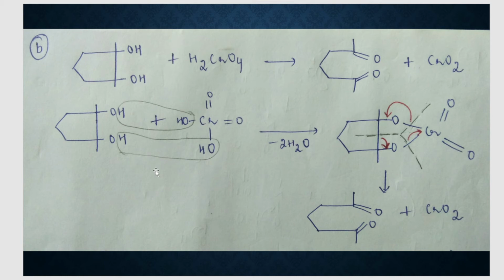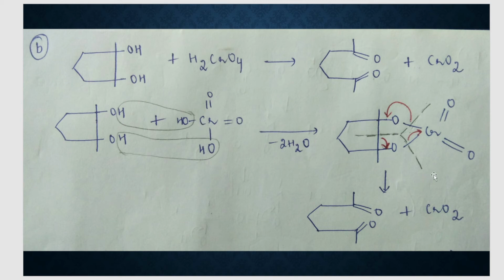It is very simple. This is a chromic acid and this is a diol. This time you will eliminate two molecules of water. One H from here, one OH from here. One H from here, one OH from here. So chromium will have what? Two plus charges on itself. Oxygen here will have one minus charge on itself. This oxygen also will have a minus charge on itself. So two molecules of water are gone out from the step, and what do we get? We get a cyclic intermediate. How did we get this? Simply join this oxygen to this chromium and this oxygen also to this chromium. So we have got a cyclic intermediate.